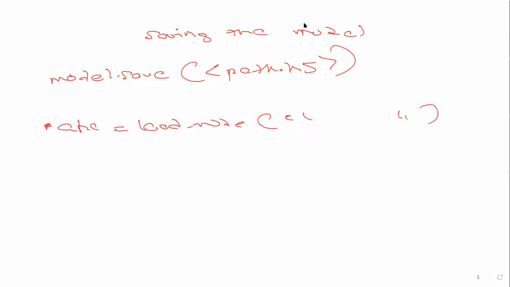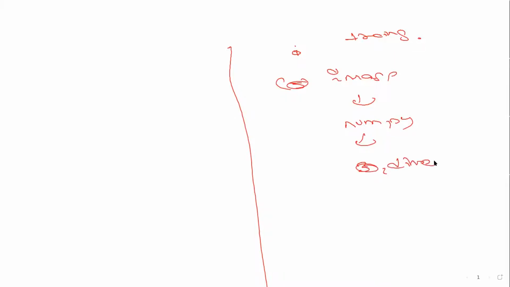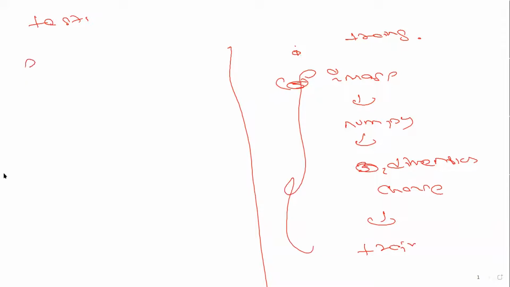So suppose this is the training part. The image got converted to a numpy array. Then the dimension was changed from 3 to 4. Then you do the training, right? The same steps you have to follow in the testing also. Don't forget this. What you're providing here will be the same for testing also.